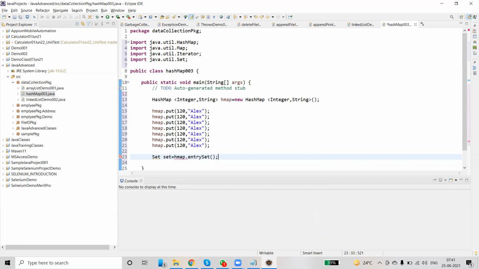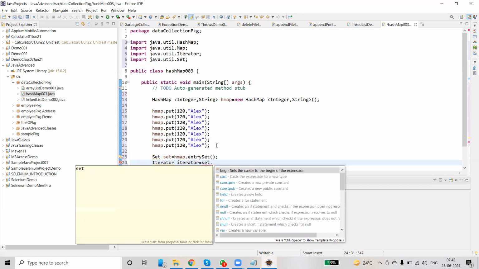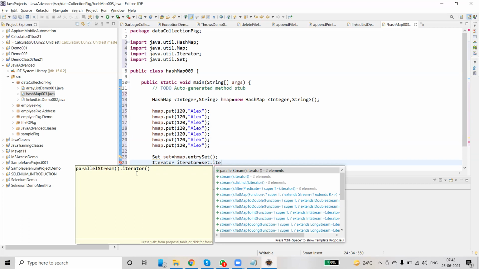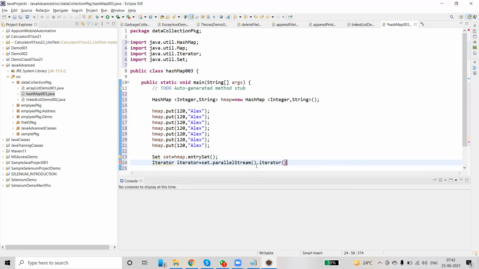So this is a method that we use to fetch a set of elements from the hash map, and then an iterator equals set.iterator().